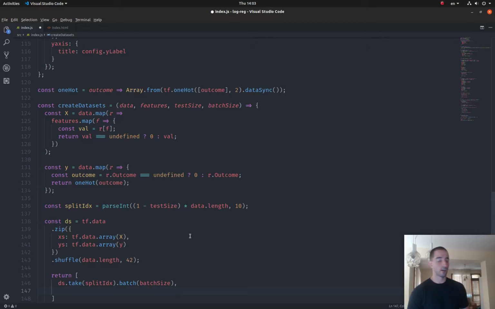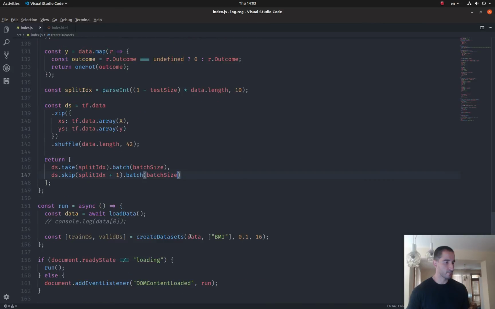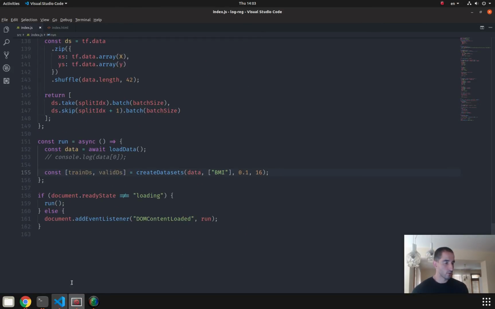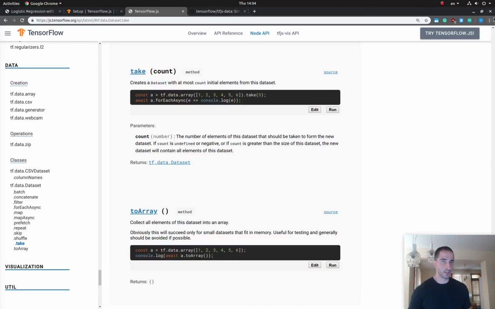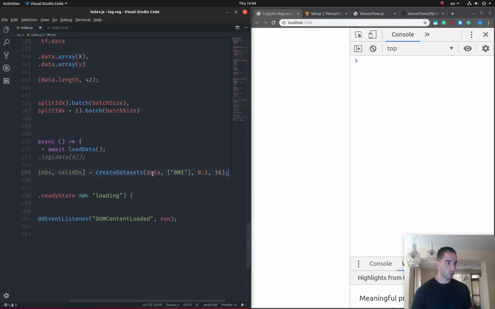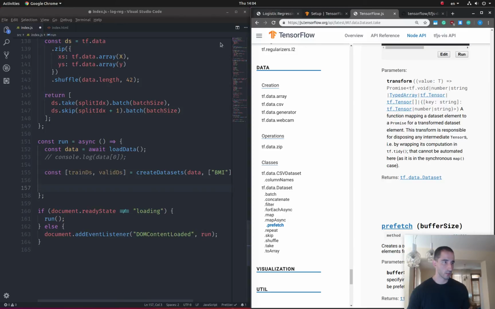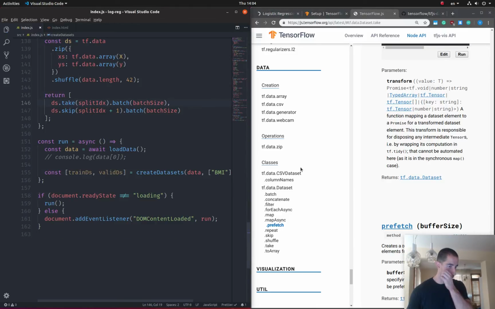So for the validation dataset, I'm going to skip the first split index numbers, and I'm going to pass in 1. And again, I'm going to split that into a batch size. To check if everything is working, I'm going to wait for this to complete compiling, and then I'm going to actually take